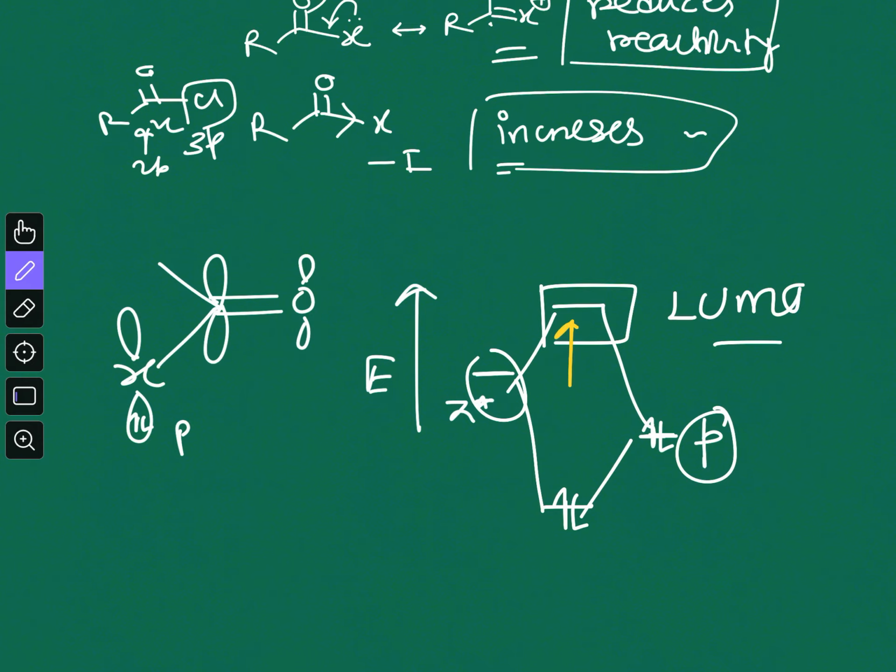If you make the energy of the LUMO higher, it will be less reactive because your nucleophile will have to travel to a higher energy transition state to do the reaction, right? So that's how it makes the carbonyl group less reactive. So we have seen the reactivity series, and here I will end this video.